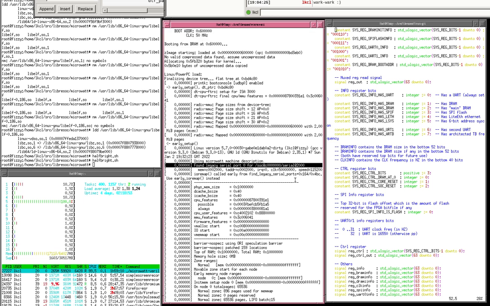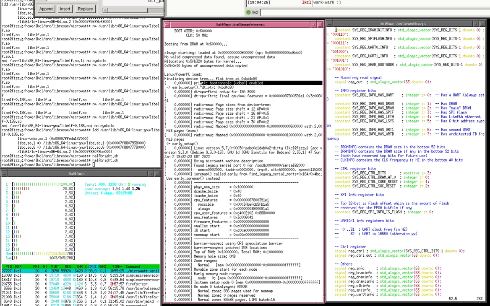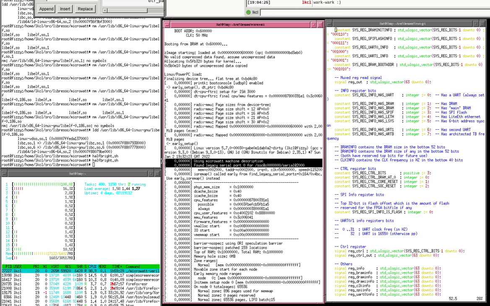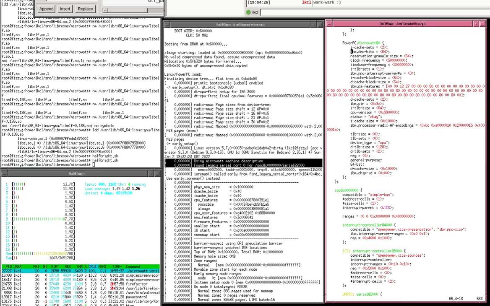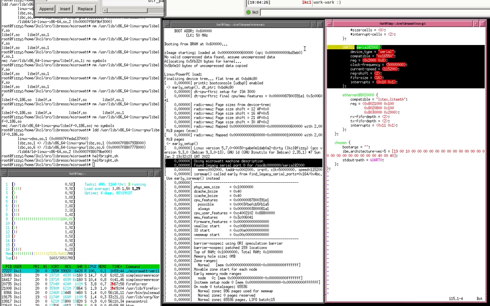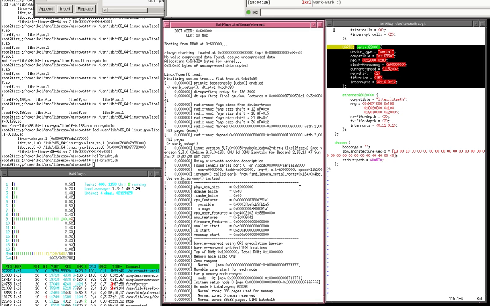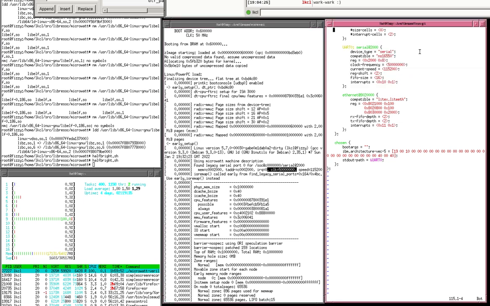This was the point earlier, in an earlier video, where it was saying "found legacy serial port for 0". This is where it's taking over from udebug. It's going to actually transfer over to serial 0, which is in the device tree file here, interrupt controller serial at 2000. Yes, that's the one, NS16550, and you can see that clock speed of 50,000 is picked up from